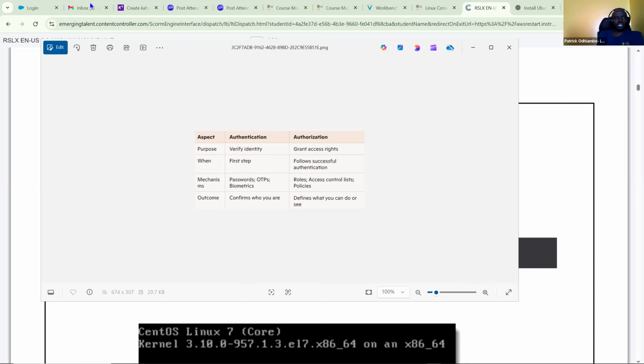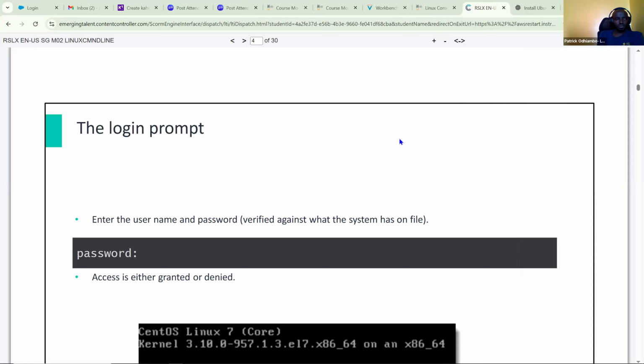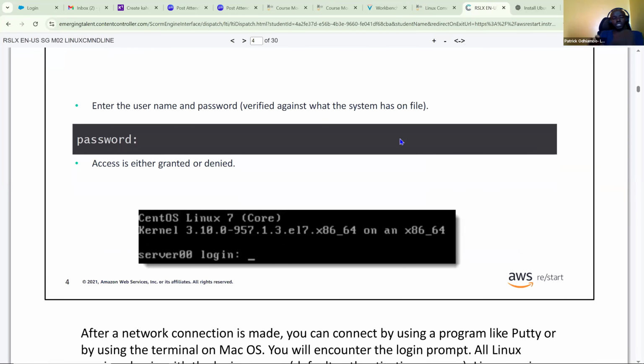So when we come and start talking about our login, that was a digression, but you can see here on this screen, we have been asked, first of all, for our username, and we have already inputted it. For those who are new to using Terminal, you'll discover that when you are trying to type your password, the password might not be visible to you. That is a security feature, but just type it right. If you type it right and press enter, it will log you in.